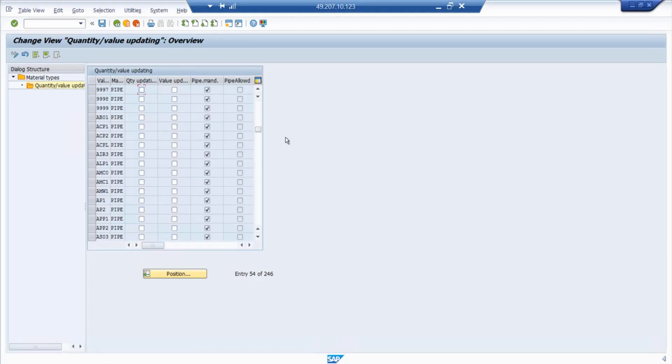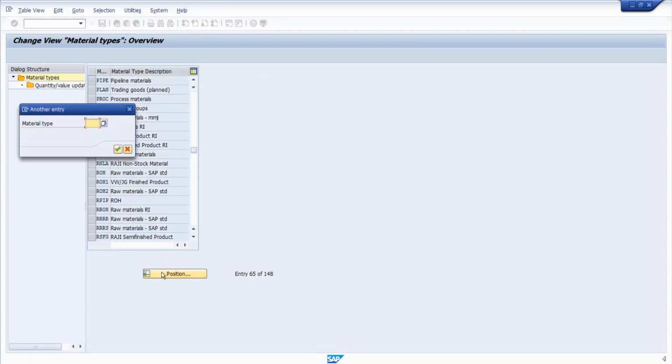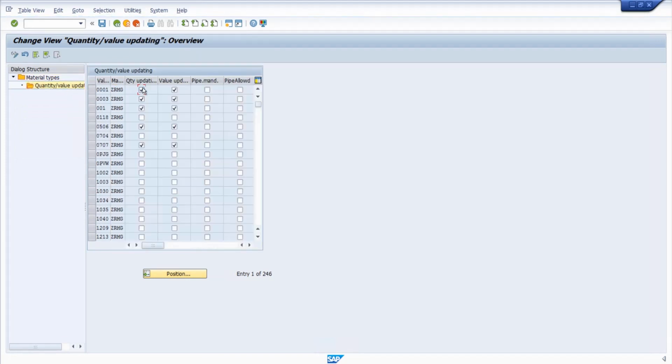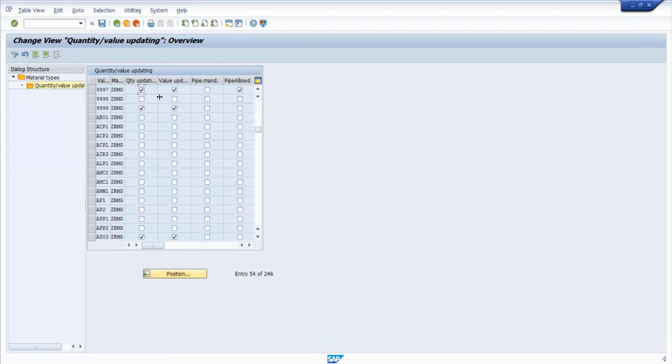Yeah. So I was able to identify why the issue has come. The issue has come because we cannot use ROH, ZRMG, because ZRMG is quantity and value updated here. So that is why we cannot use it. It's always better to use material type pipe only, instead of using the existing one. So always try to use the